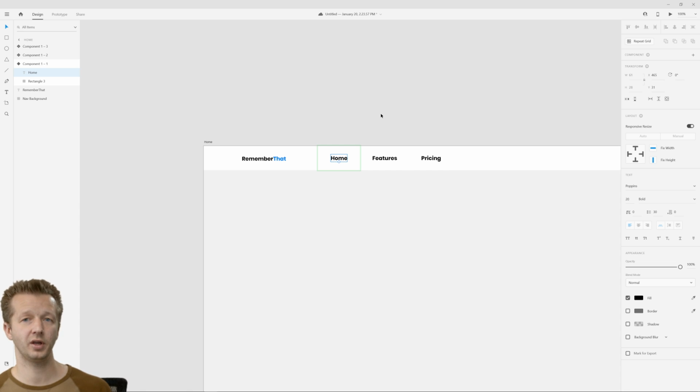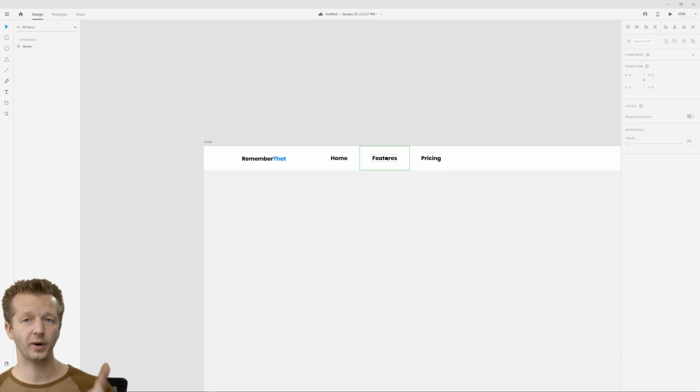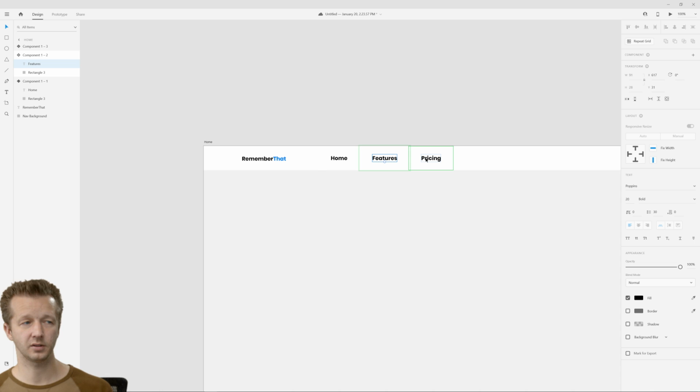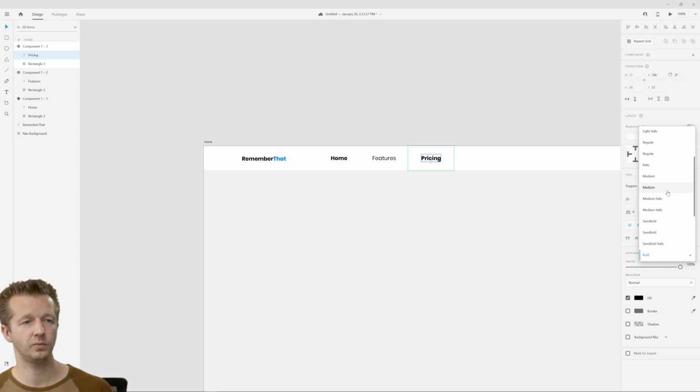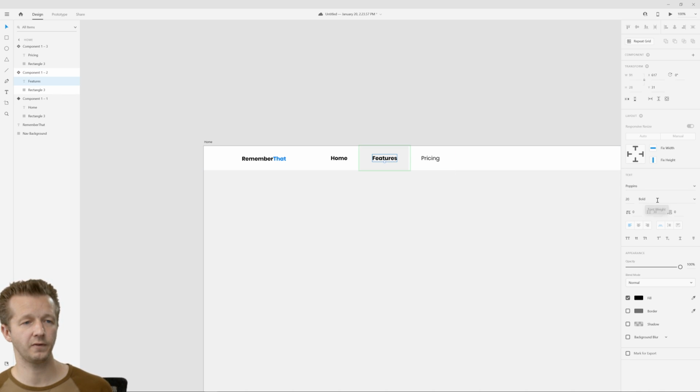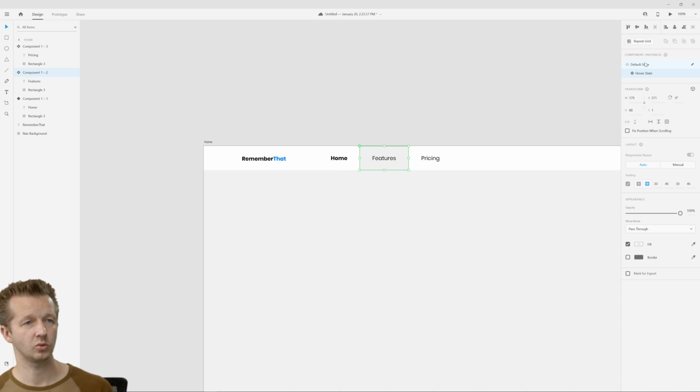Now that's gonna change all the other ones, but guess what? We can override them. When we change properties in an instance of a component, it won't translate to any of the other ones. It'll just stay there on its own. So if we change this back to regular, and then change this back to regular as well, and make sure that everything else is where it should be, because that also affected the change here on the hover state. So we go back here